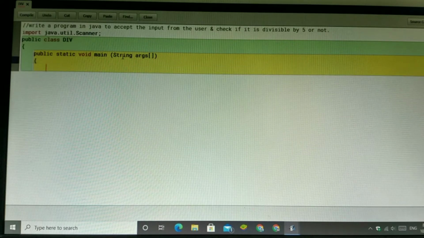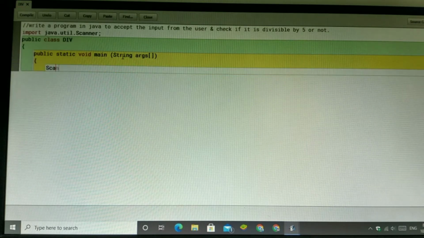And then we are doing it here with the Scanner class. Firstly we will write the scanner statement for inputting the value. Scanner is a class name. The object of the scanner can be any name, like I'm taking here f. Scanner f is equal to new, where new is the operator, then Scanner.